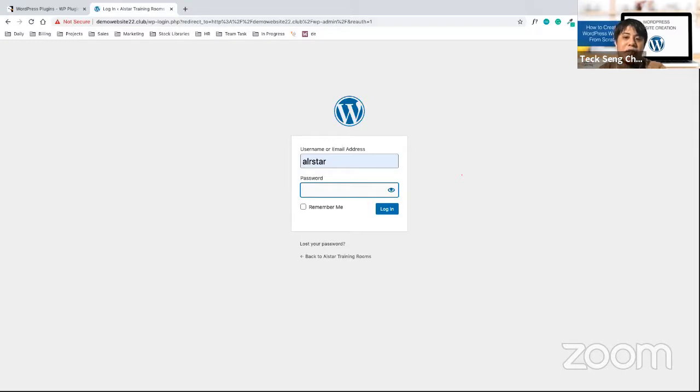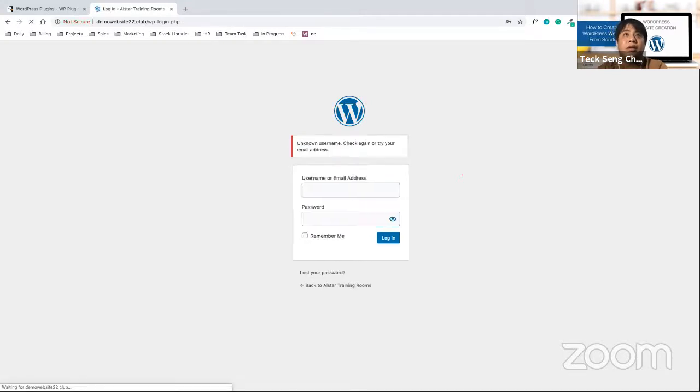If your page is not ready, then you just don't publish it. But what we're trying to do here is that if your site is not ready, and you want to take a look at how the site looks, then you need to leave the site live first before you can take a look. So in cases like that, you need an under construction plugin.